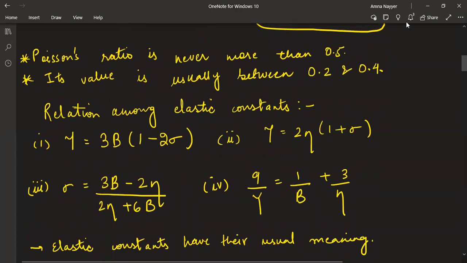If you have noted till here, then you can leave. That will complete mechanical properties of solids. Then we have